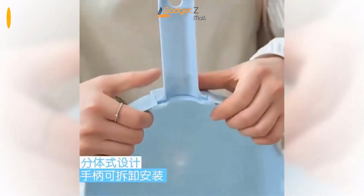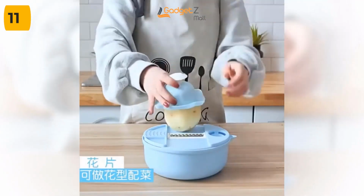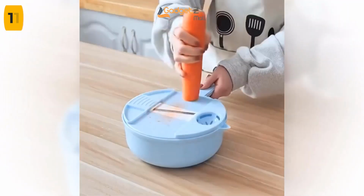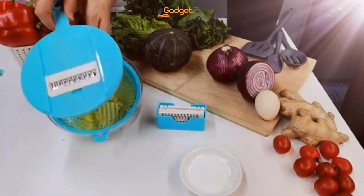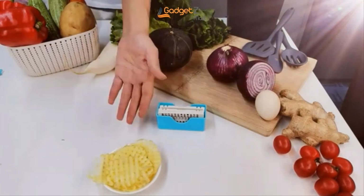Introducing our kitchen multifunctional salad utensils vegetable chopper, the perfect solution for quick and easy vegetable preparation. This manual shredder is ideal for chopping carrots, potatoes, and other vegetables, making it a must-have kitchen tool for any home cook. The chopper's durable construction is made to last, ensuring that you can continue to use it for years